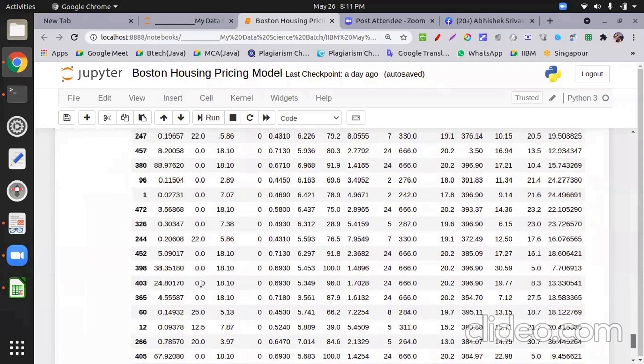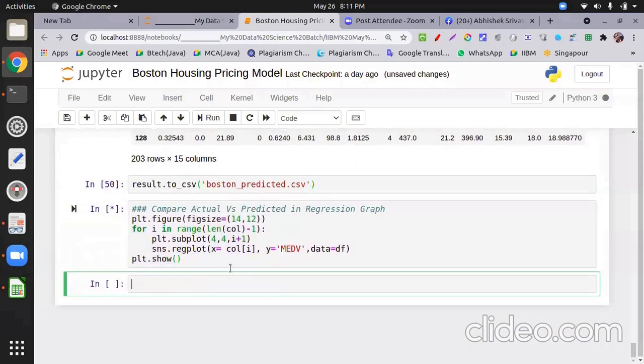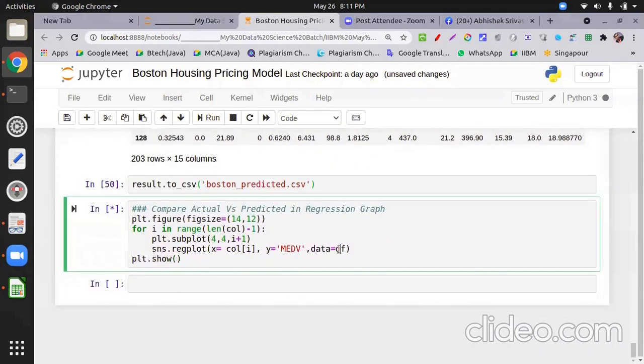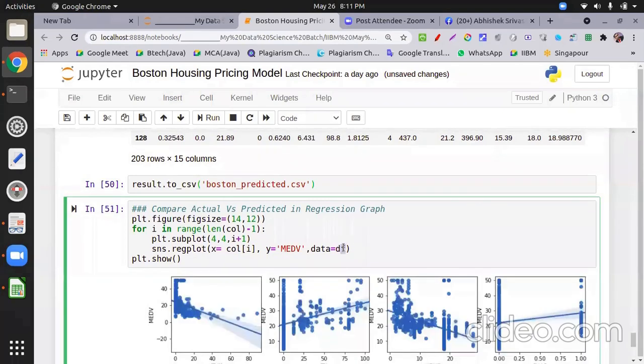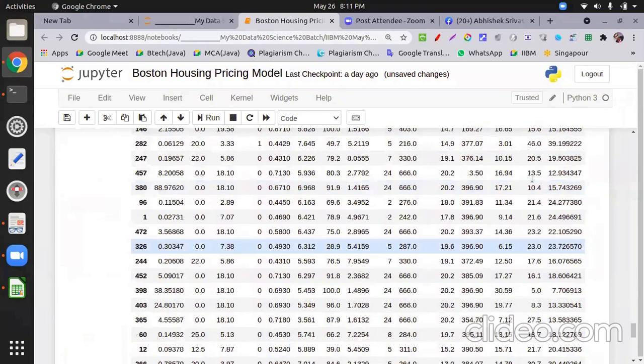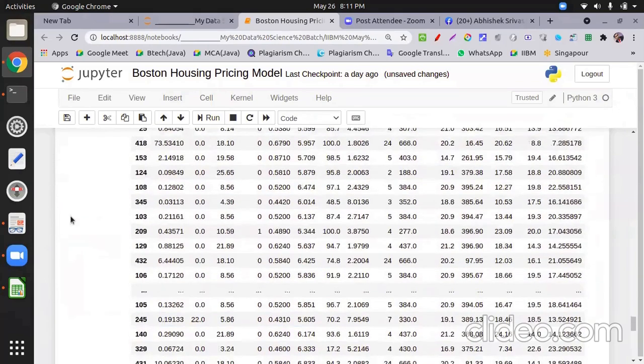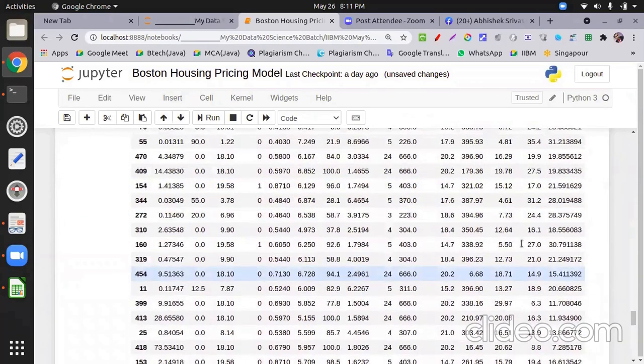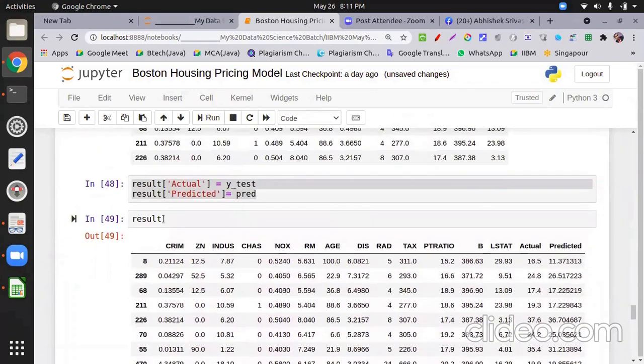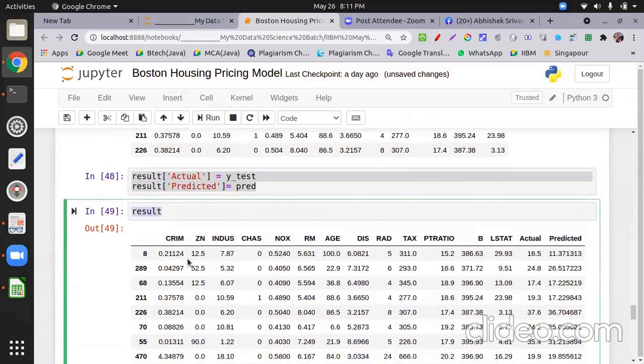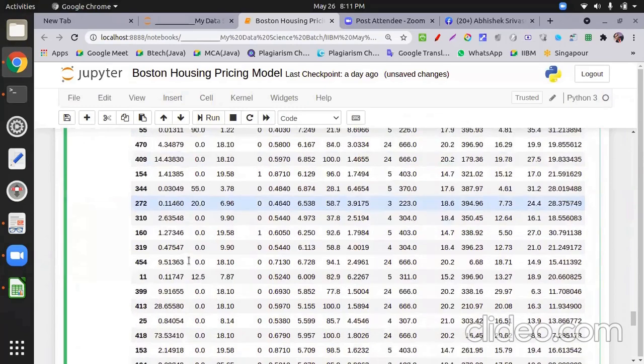Because if you write this, you only get the data on which the complete data set was used. But I need the test data set, so that you get the actual and predicted side by side, just like we compared this side by side. Now your data set is result, which contains the actual one, this one, and the predicted, this one. Use the result and show me actual versus predicted side by side.